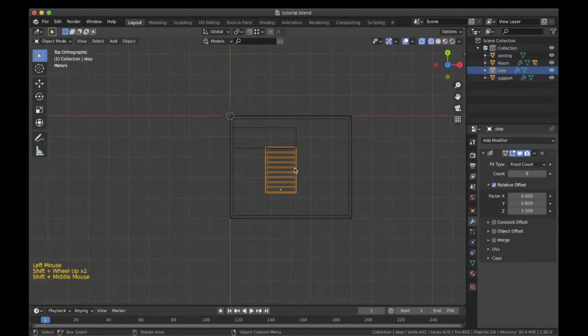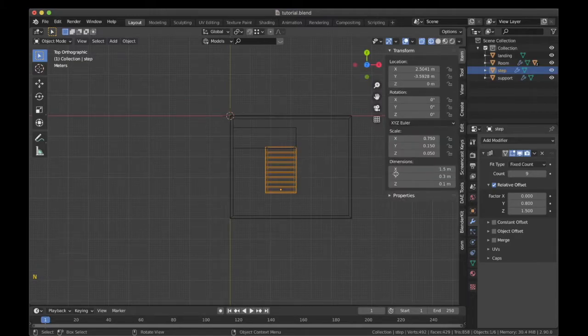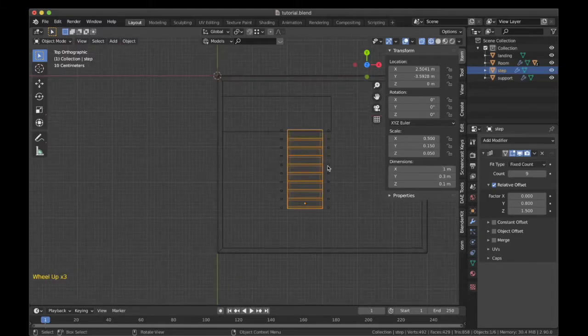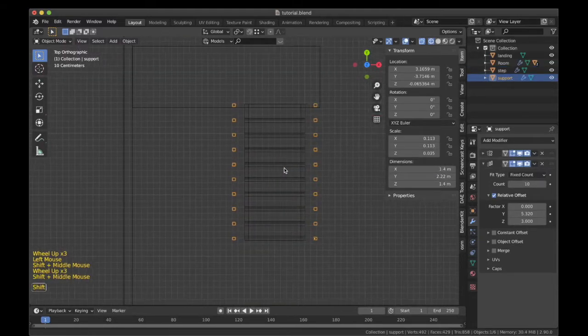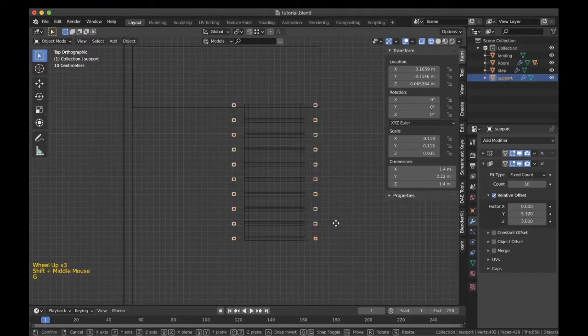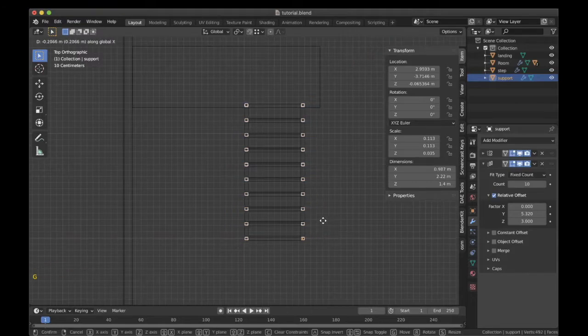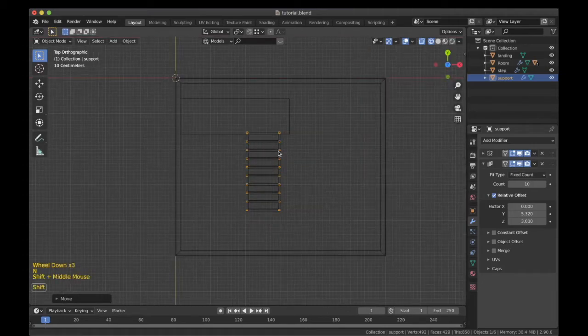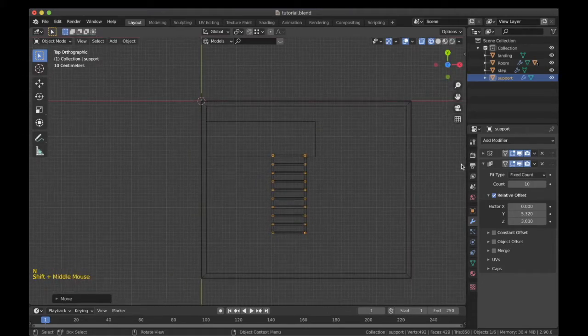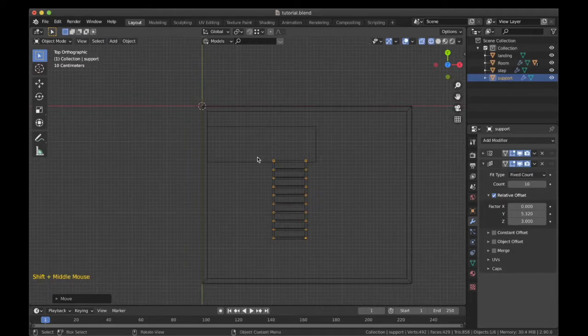I believe the size of the steps could be reduced a bit. So I will set the x dimension to 1, and similarly I will press G and X. So this will automatically change on both sides because we have the mirror modifier in the scene.